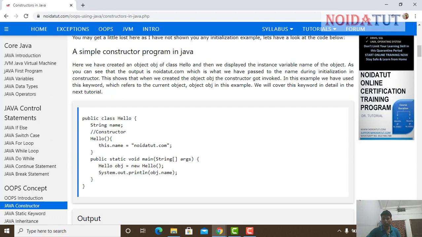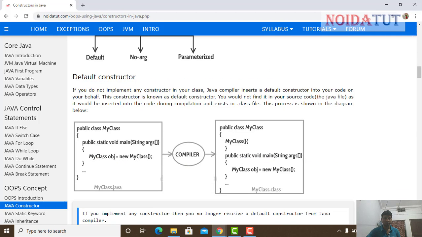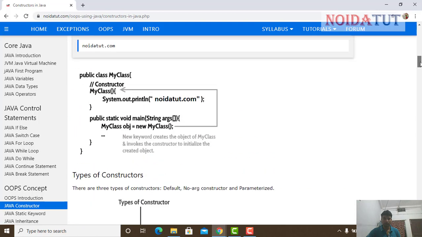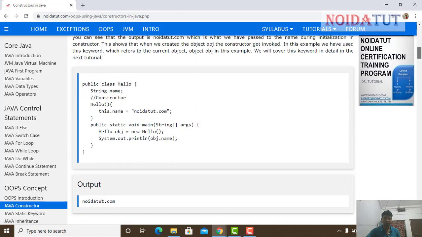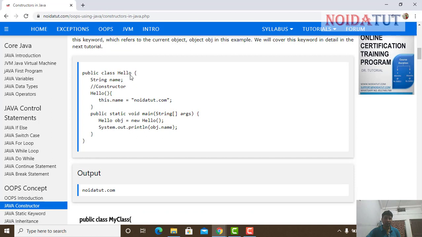Now let us have a look briefly at the example. In this you can see the name of the class is Hello. We have taken a string, name. Now we have a method in this class, Hello. The name of the method is Hello.